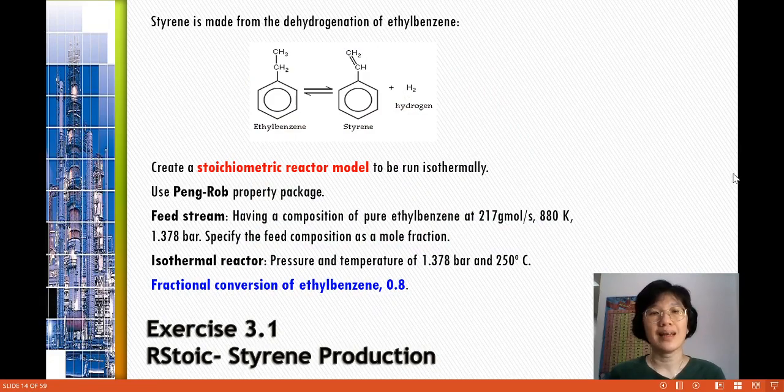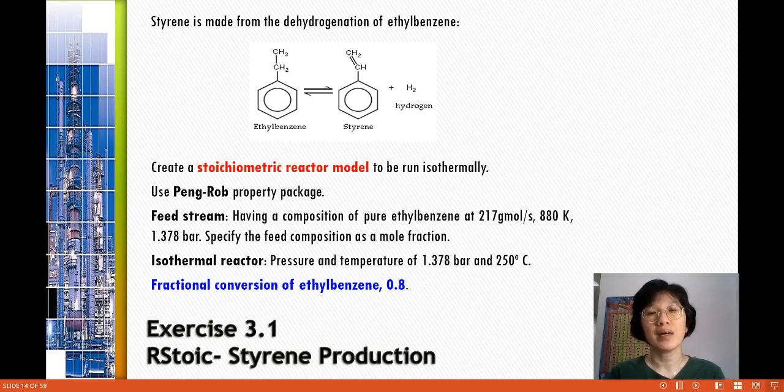Okay. So in exercise 3.1, we have a styrene production reaction, and this reaction is the dehydrogenation of ethyl benzene, meaning the raw material is ethyl benzene, and we will have styrene as the co-product, and the byproduct is hydrogen. What you need to do is create the stoichiometric reactor model, meaning here is RStoic, to be run isothermally. It is an isothermal reaction, and you have to use Peng-Robinson as the property package,